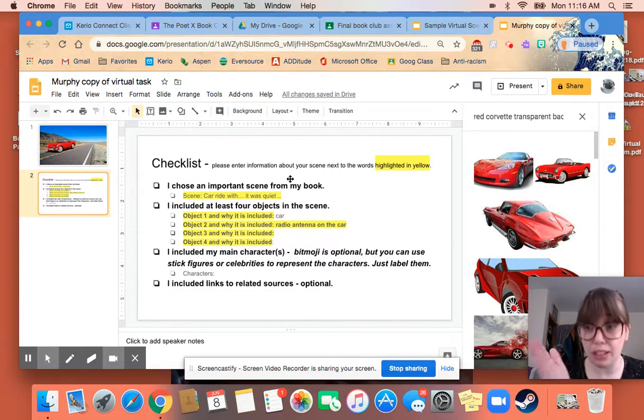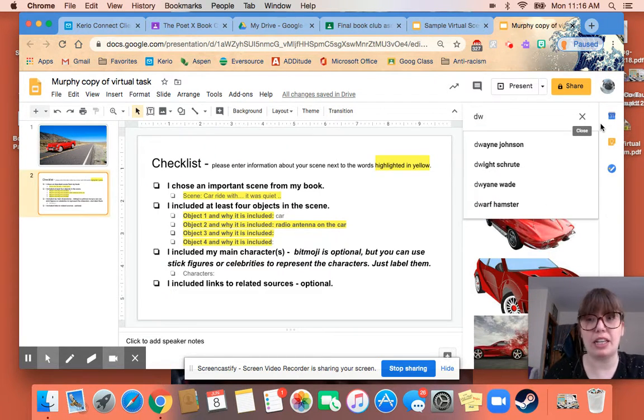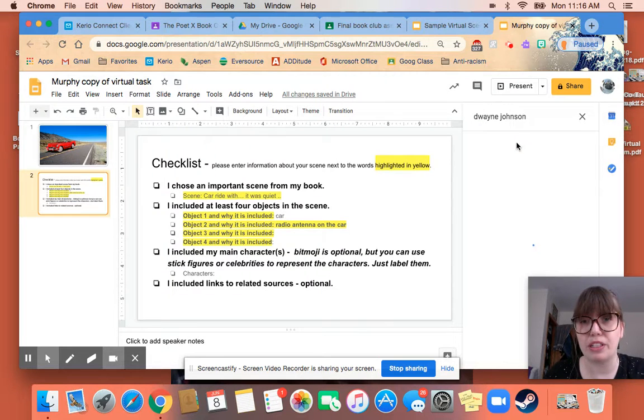If you cannot do the Bitmoji because you don't have a phone, or the Chromebook I know blocks the Chrome extension, so you aren't able to use the Chromebook for this part, that's fine. Instead, you can do a couple different things. You can search for a celebrity. So, for example, I was talking with Eamon, and he said Dwayne The Rock Johnson. So I'm going to say Dwayne Johnson,